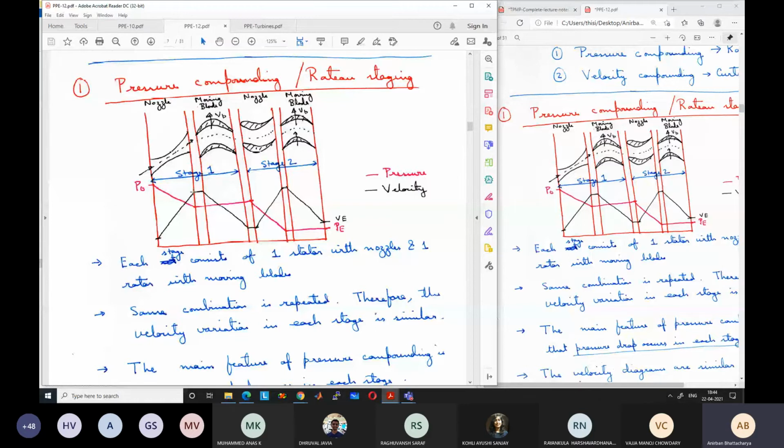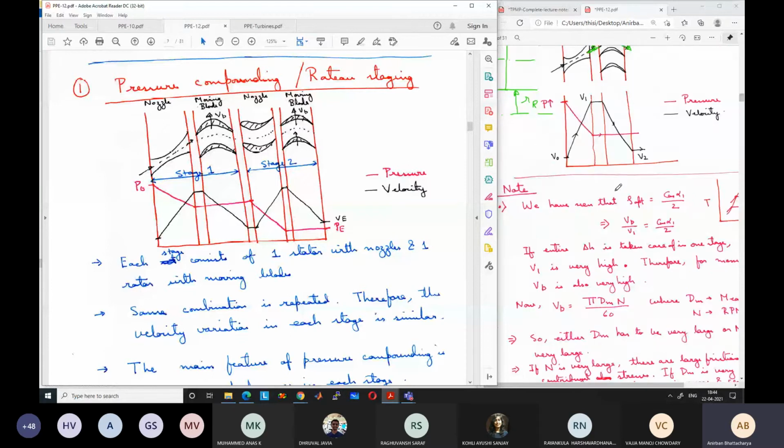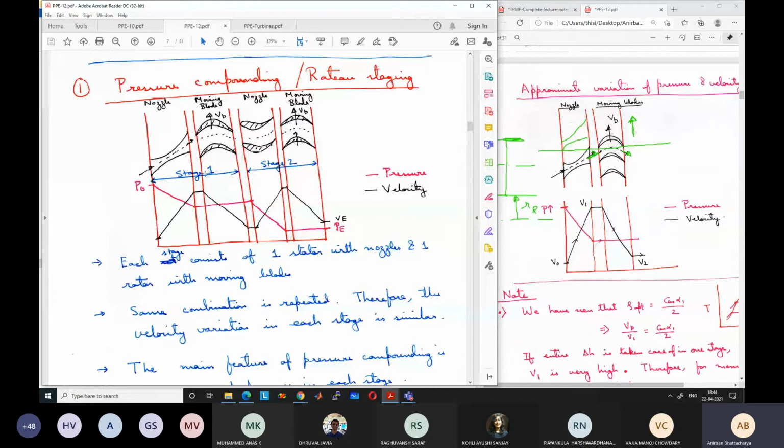We have studied this. So this was the stage. After passing through the moving blade, the velocity is reduced back to a very small value, but there is no change in pressure, temperature, or enthalpy. So the same thing is again repeated. In the second stage nozzle, again there is a drop in enthalpy, and accordingly a drop in pressure and temperature. As a result, that enthalpy gets converted to kinetic energy. Again the velocity increases to a high value, and again in the moving blades the kinetic energy is decreased, but the pressure, temperature, or enthalpy does not change. The same thing keeps on getting repeated again and again.